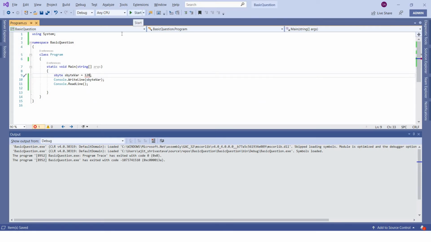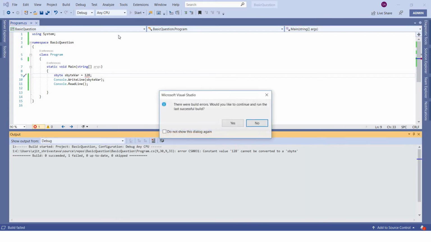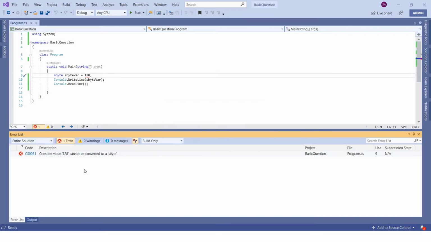If you want to see what the actual error is, either hover the mouse over here, and you will see constant value 128 cannot be converted to sbyte, or you simply run this, click F5 or just run start here. You will see there are some compilation errors. You click on no, and in the output window you can see the same error: constant value 128 cannot be converted to sbyte because it's out of the range.